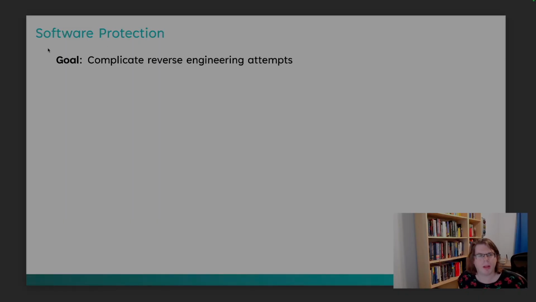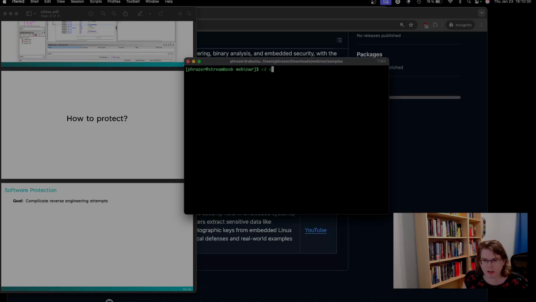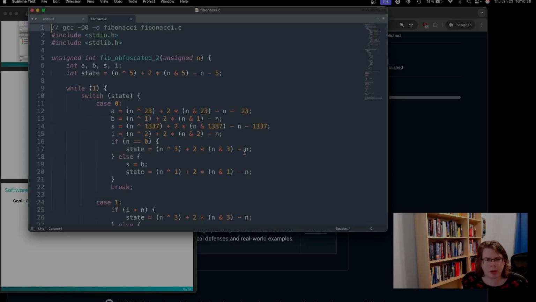Okay, now the question is, how can we do that? If we talk about software protection, we have to look at how attackers really analyze code. We already did it before. We have our tools like disassemblers and decompilers, where we open a binary and take a closer look at it. So let's start with that as a small demonstration. Let's assume we have a small sample like Fibonacci. This Fibonacci code, just to show to you,